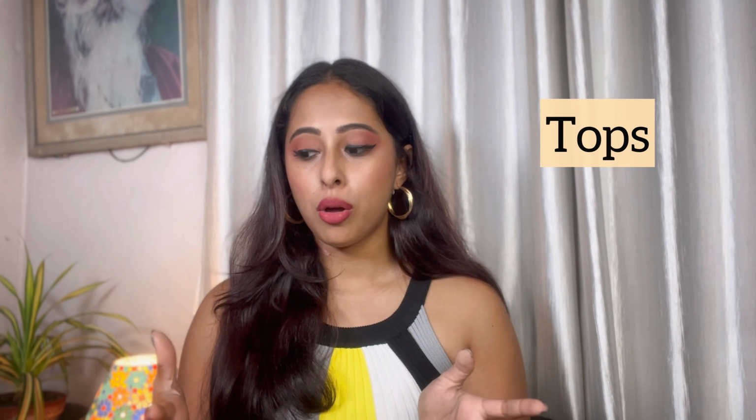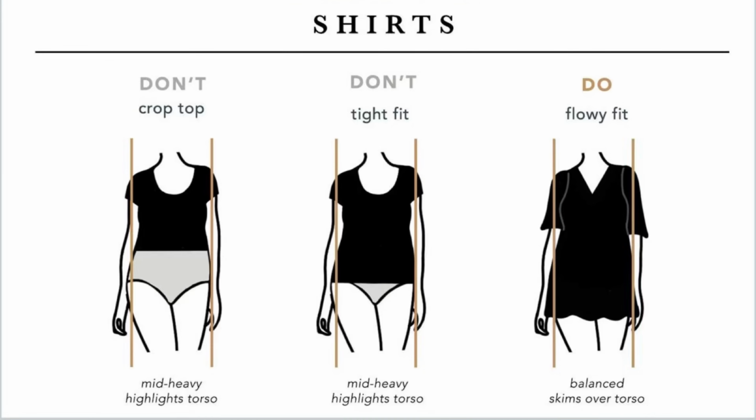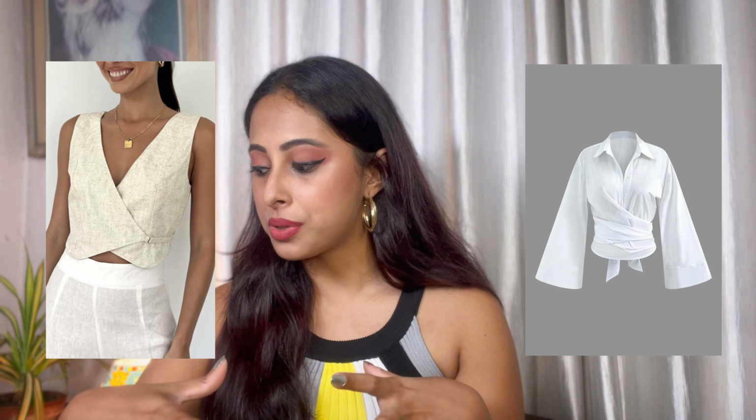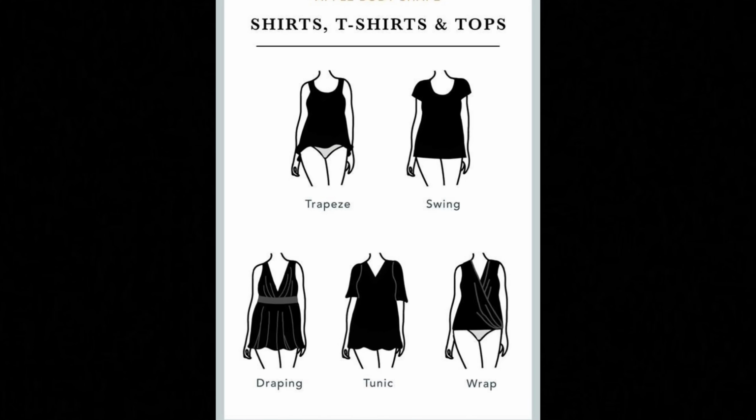Moving on to tops. For tops, go for tops that can define the waist. Structured tops go really well for this. Choose tops that have a V-neck or deep V-neck. So go for wrap style tops that have a defining waistline and flare at the end. They go pretty well for oval body shape. Tailored tulip style tops are the best.